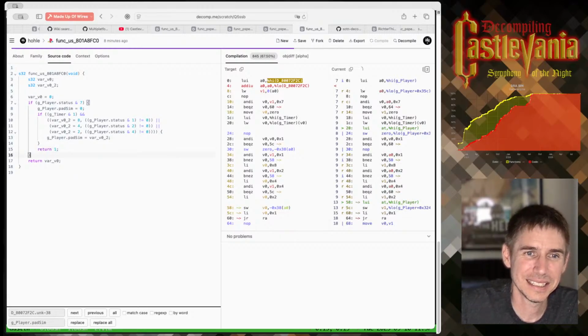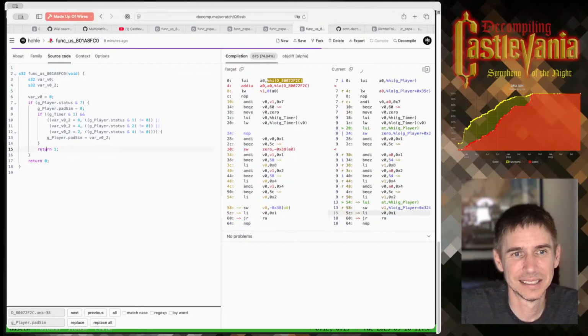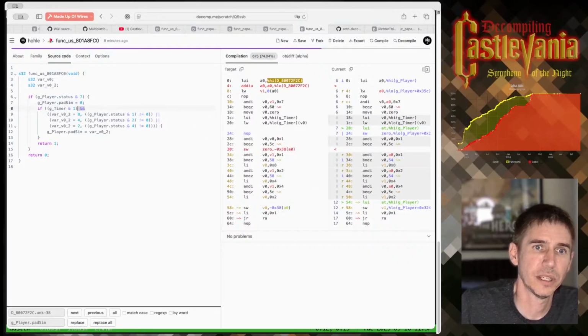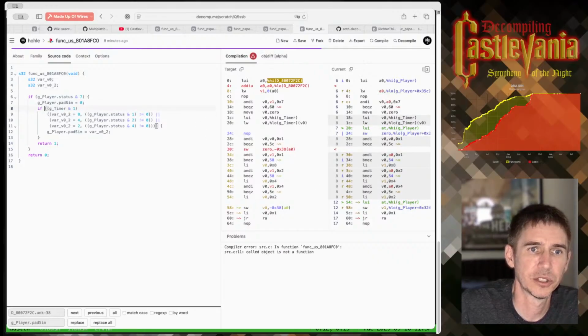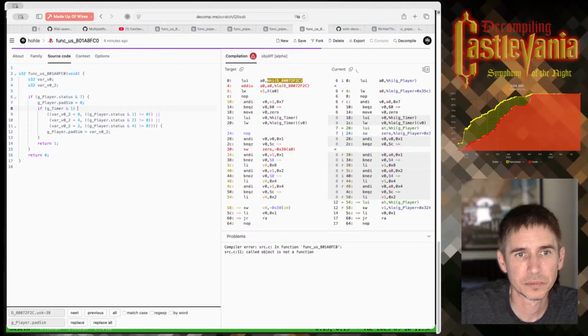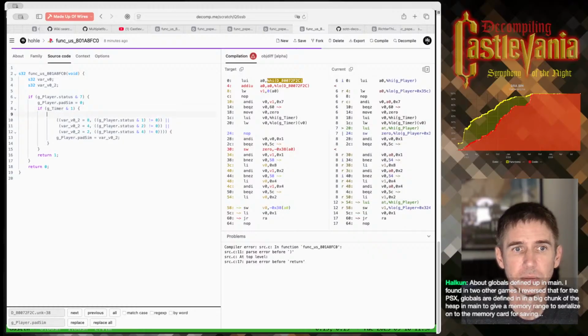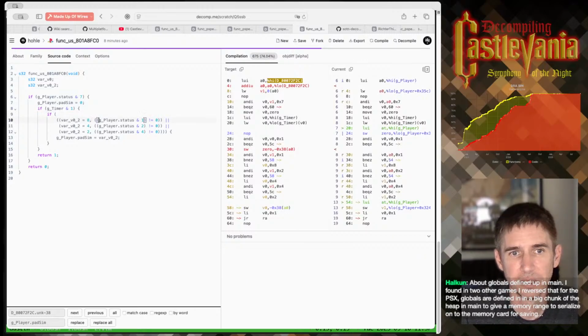My guess is that we can do something like that. We'll see. So let's break this up. So if G timer, we're looking at the last bit of G timer, which is the game timer, and basically every other frame we want to make this decision. And then we're going to break these up.